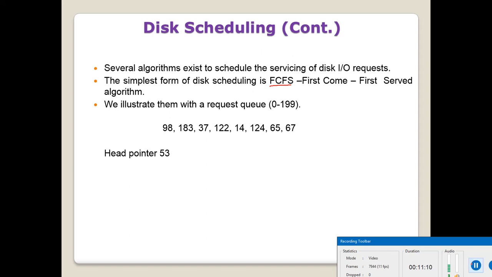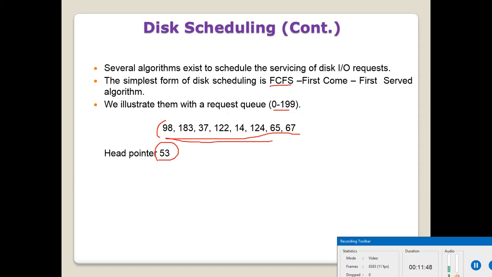These are the addresses of the cylinders given to you. You can think of it as the cylinders. So over here we have the request queue, and the cylinders are in the range of 0 to 199. These are the addresses of the cylinders which need to be served. The head pointer, where the head is currently servicing, is at position number 53. So these three parameters will be given to you. Sometimes this may not be given, but these two parameters will always be given.